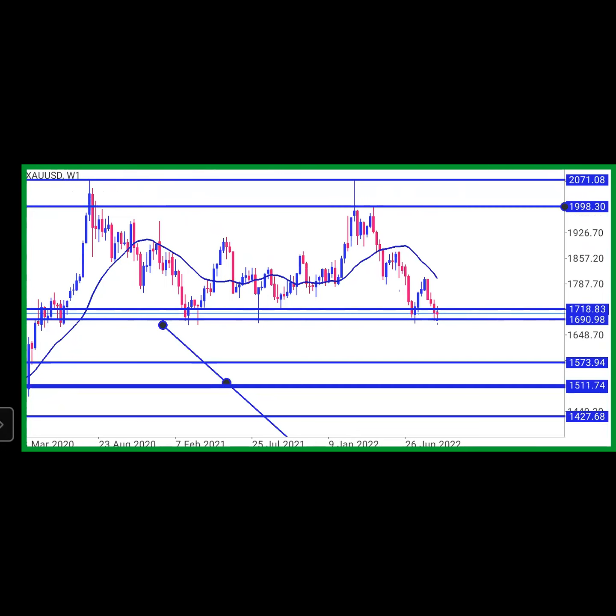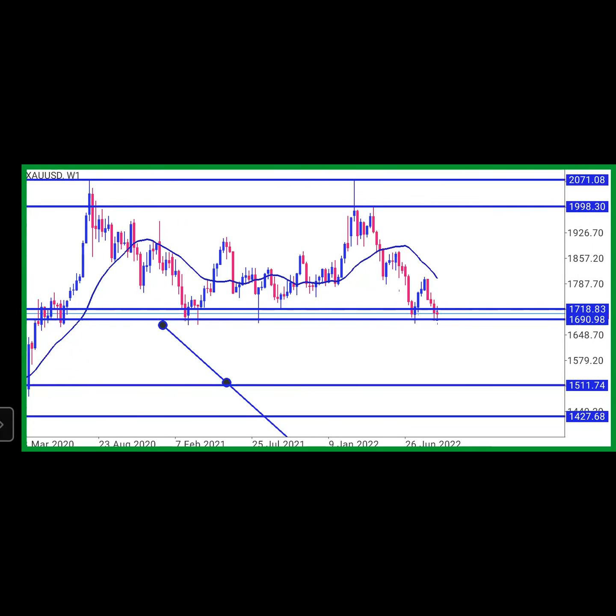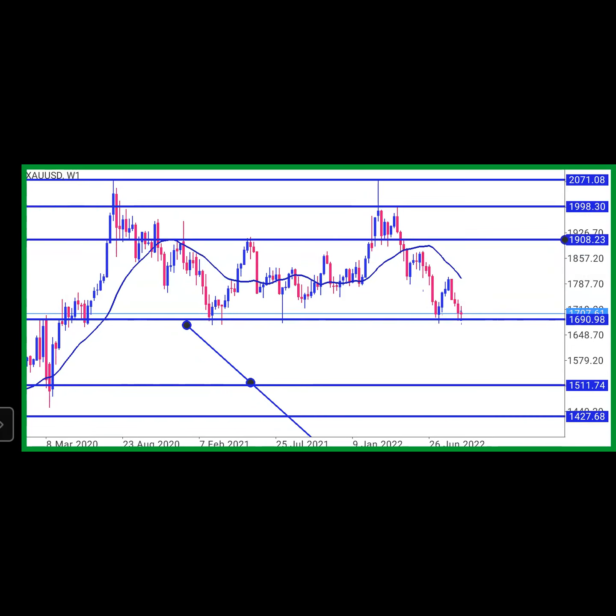So let's say I sold from this resistance, around the 1998 line. That line where you're seeing 1998 on your screen. If I sold there, the first place I want to get out, I won't be saying, hey, I want to sell all the way to 1718. It will take weeks or months for the market to get there, because you can see it took us 2 years. I'll first get out at the first zone. How many of you believe there is a zone around this 1908 line that I put? That's the next support after it.